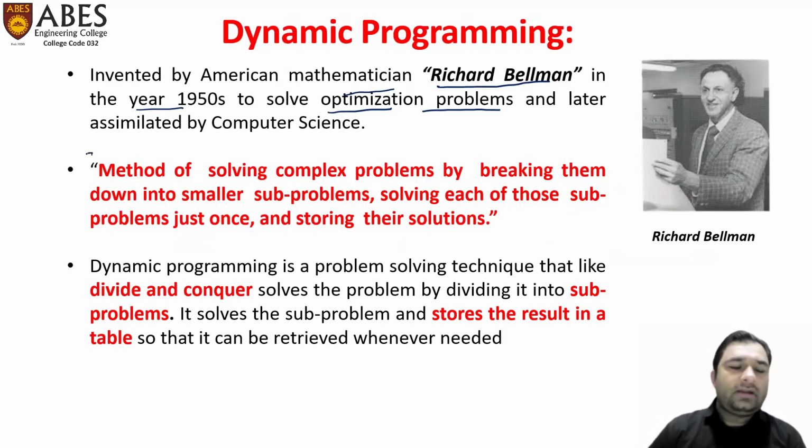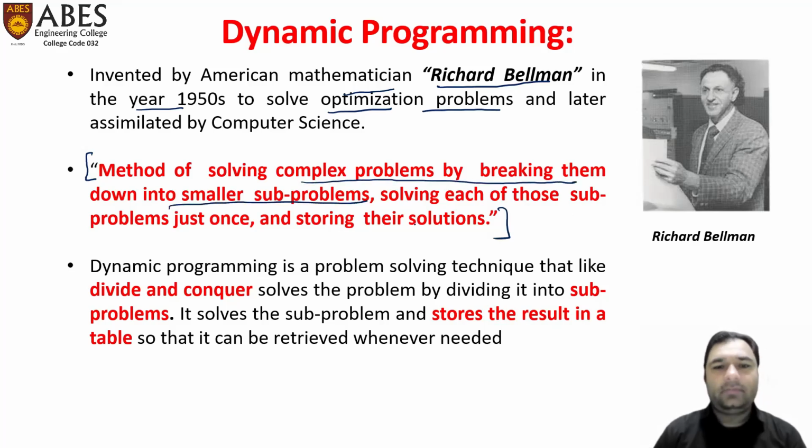If we talk about the definition of dynamic programming, it is a method of solving complex problems by breaking them into smaller subproblems. That is, it follows a similar approach as the divide and conquer approach. In this, we simply divide a problem into smaller subproblems and solve each subproblem just once and store their